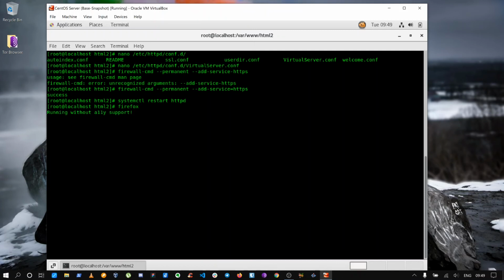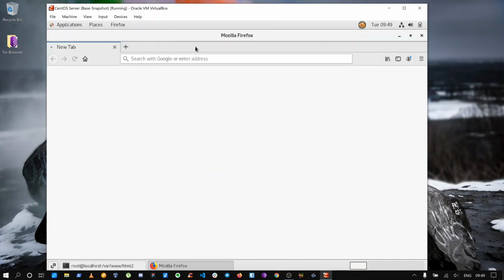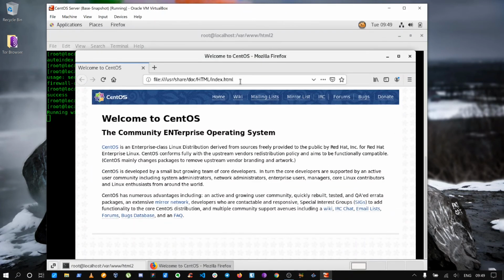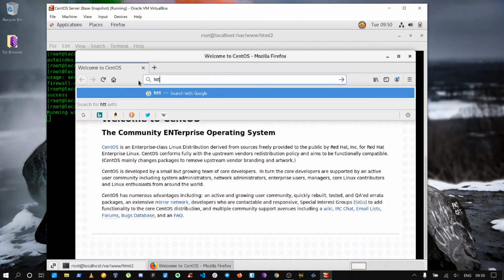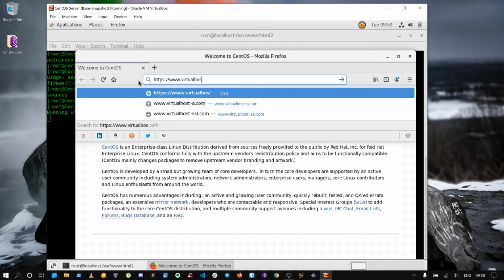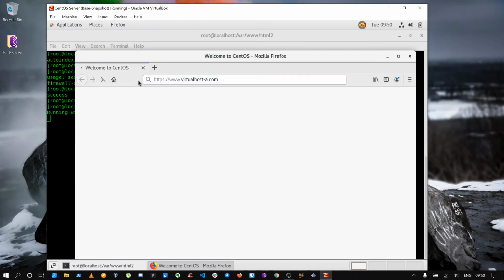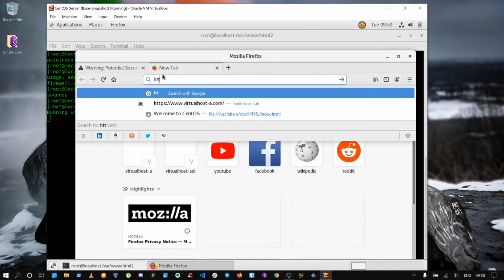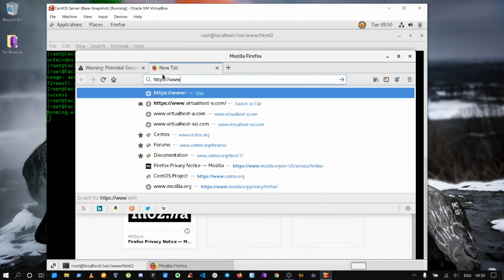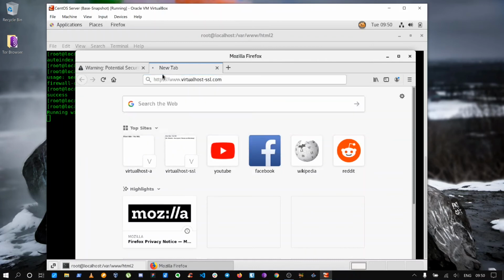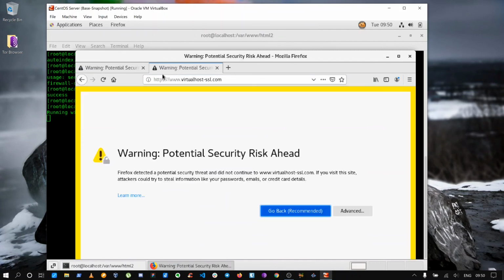If everything goes well, that's perfect. virtualhost-a.com. Yes, it's perfectly working. Let me check if the other side is also working. www.virtualhost-ssl.com. Yes, both are working perfectly.